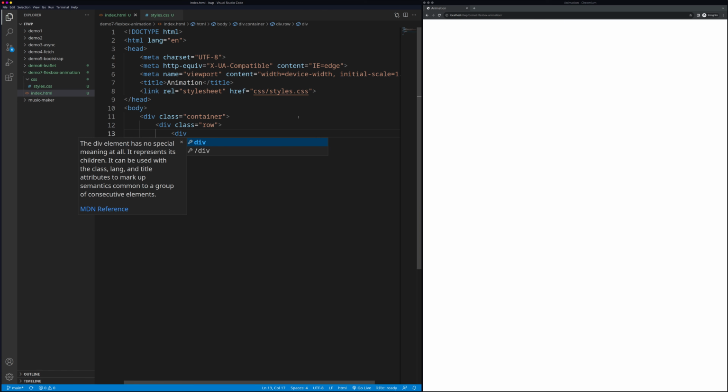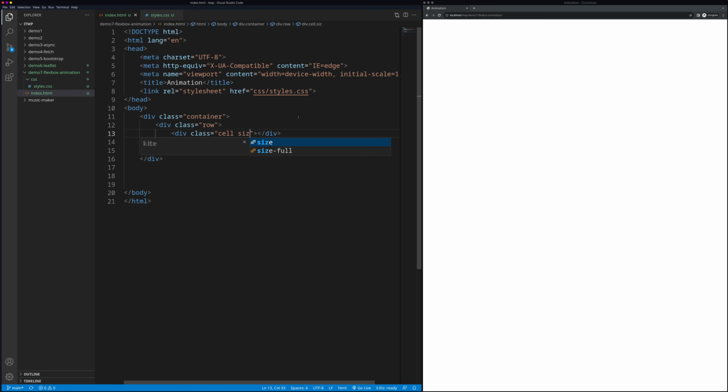Let's see what we can get out of that. Cell, and we will have different cells, and they will have different sizes. So for example, we can have cell size 2, and then we can give it a color, let's say blue. Let's have a few of these blue cells in this row, and then we could have a second row